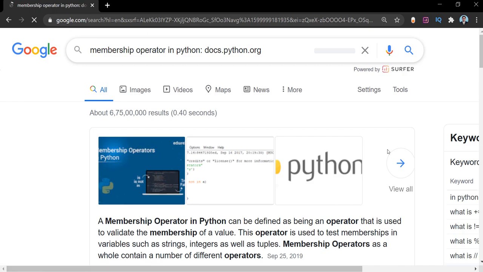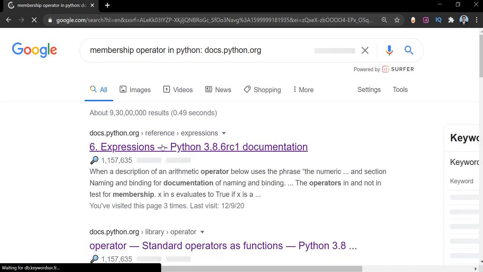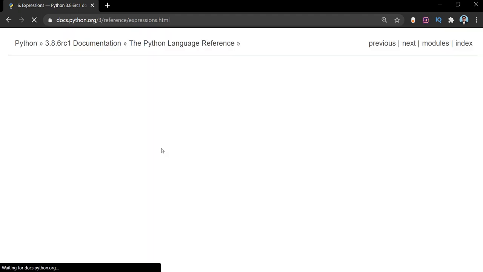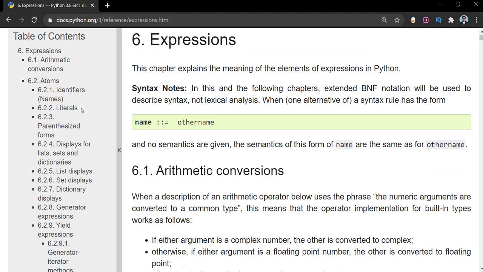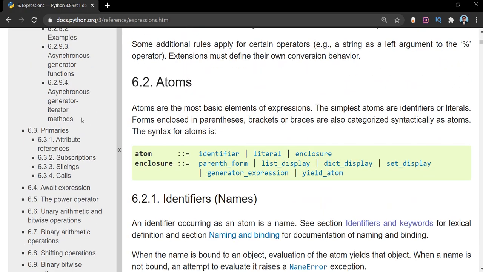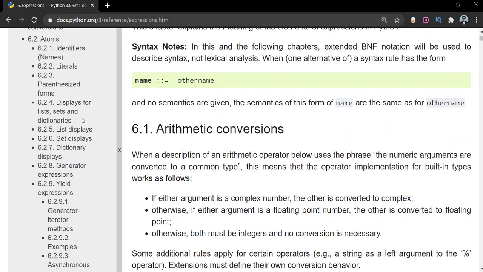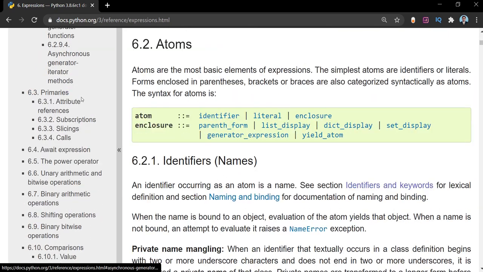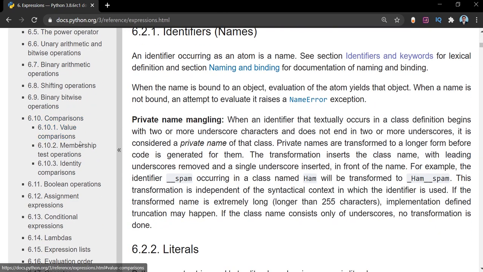Okay, so it will show up the required. Here we are going to click, which is the official site, and in all the expressions, I think it should come along. We'll just look for it, and okay, here it is.